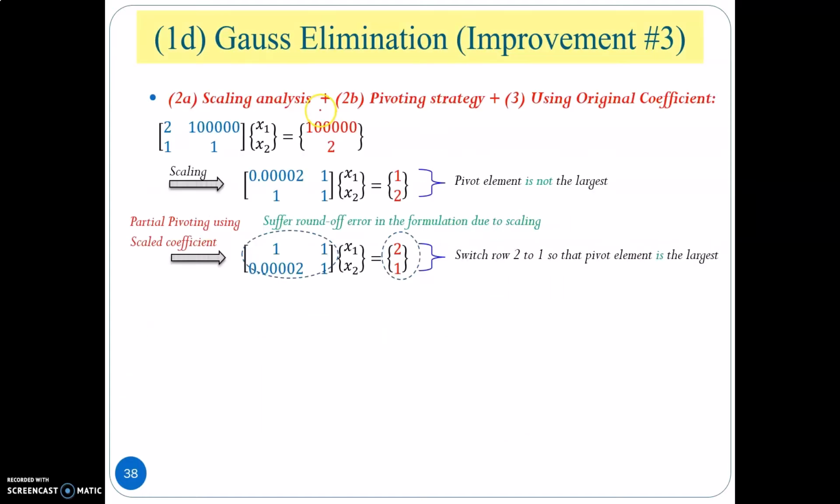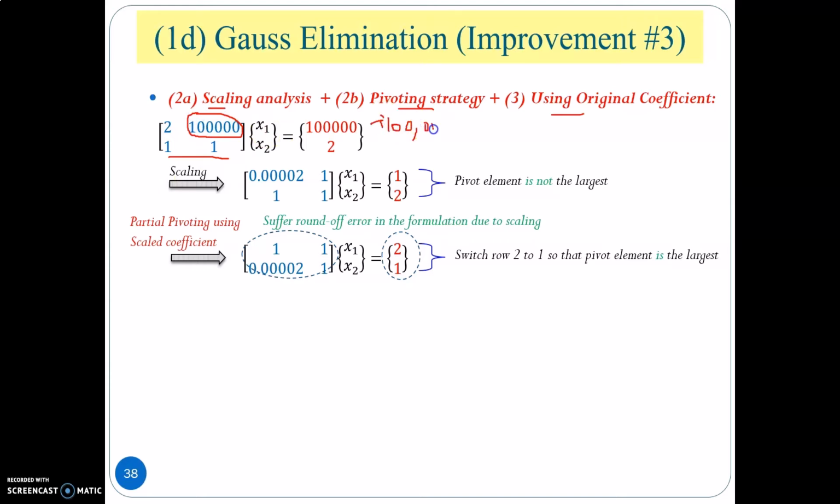In this example, we will show you how to use the scaling plus the pivoting strategy as well as the new improvement strategy, which is using the original coefficient. Previously, we learned how to standardize the system matrix here by using the scaling. So, based on the maximum element, they divide this